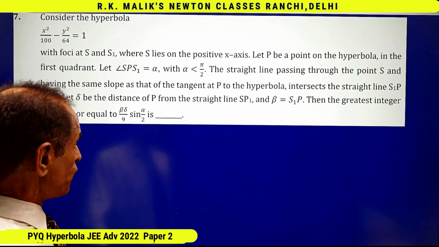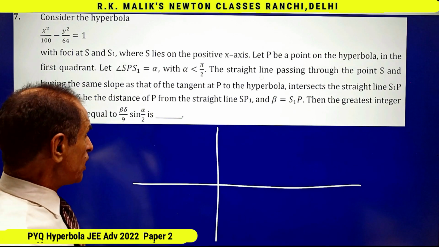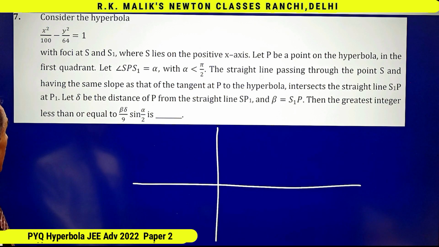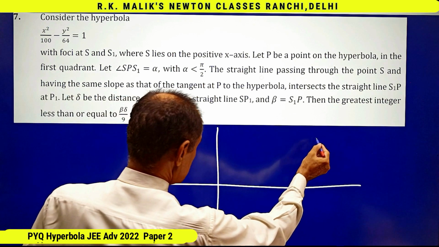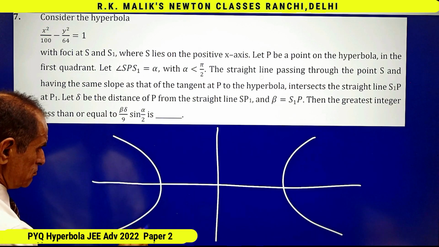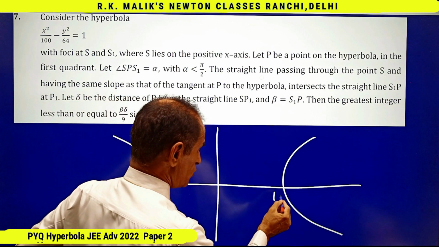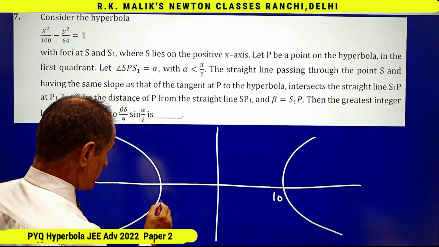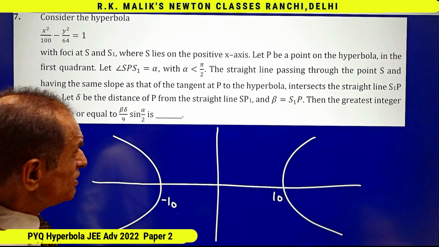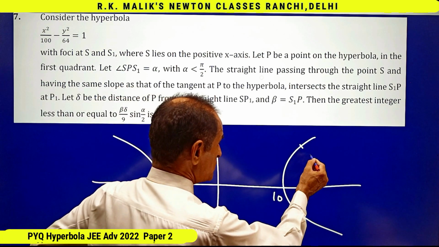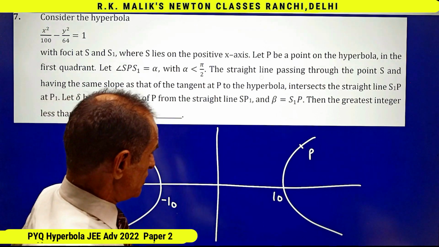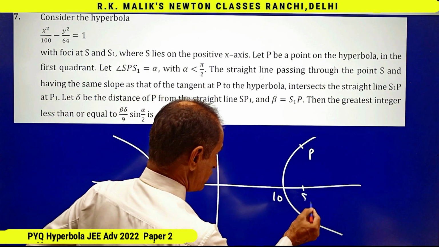According to the information of the question, there is a hyperbola, and from the equation it's clear that it is a horizontal hyperbola. This point will have x coordinate 10 and this point will have x coordinate minus 10. And then he says let P be any point on the hyperbola. S is one focus,